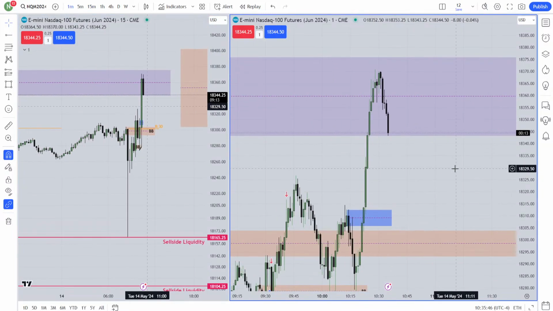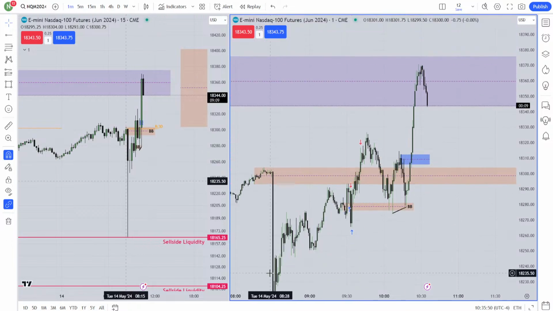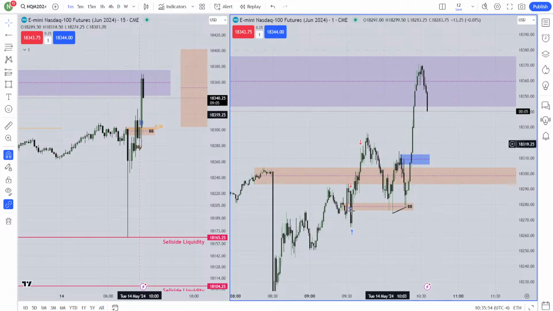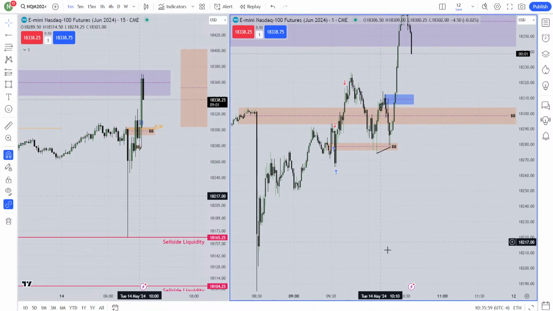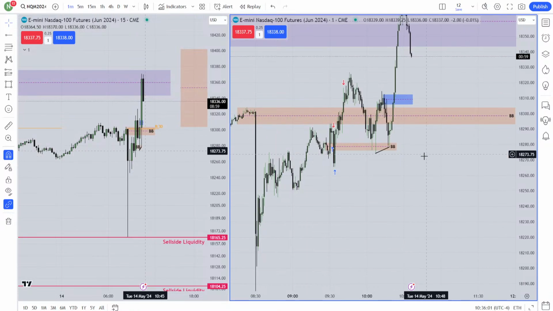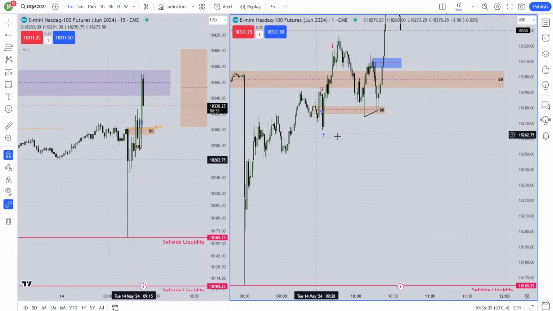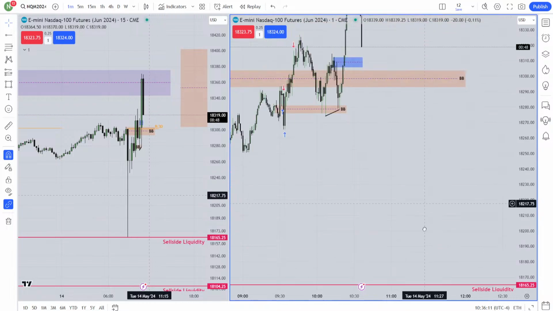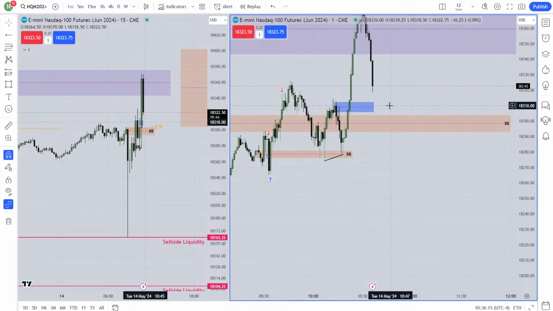Why? Today's manipulation, the market has done the manipulation already. Sell side has been taken by the news, buy side has been taken by the news. Both of them have been taken. Now market should keep doing consolidation, consolidation, consolidation. It can go a little lower, maybe it can reach these lows around that area, some relatively equal lows. Maybe market will go for that sell side liquidity, but I'm just not interested. I'll just keep seeing how it will react.